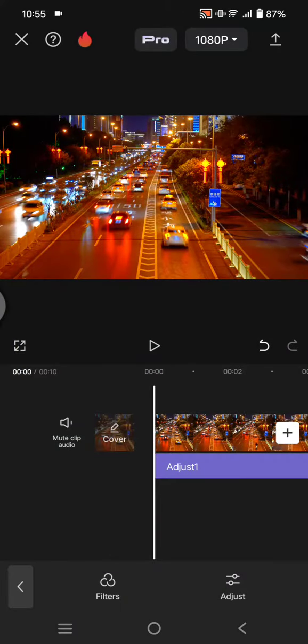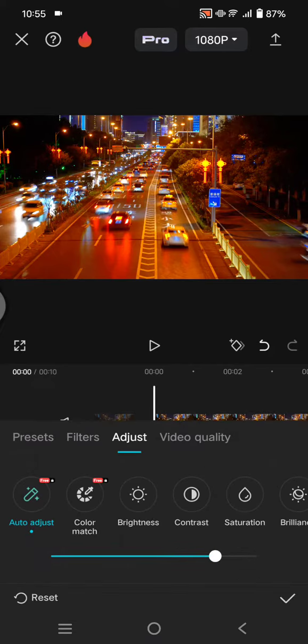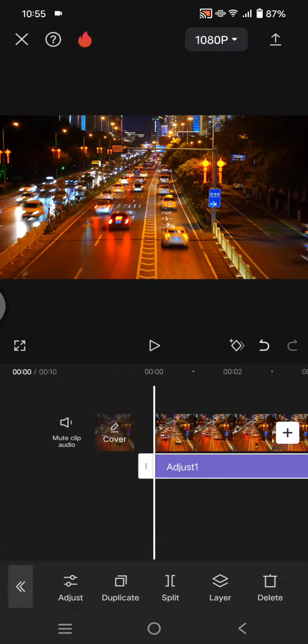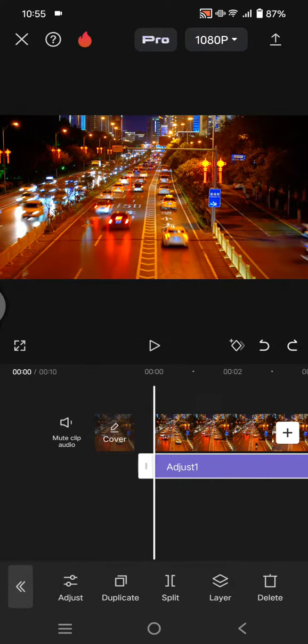So here I'm going to show you how you can remove the auto adjust. So just click on the adjust in here, the auto adjust. Click on adjust at the bottom. You can see the auto adjust is enabled on my edit, and here there are two options that you can do to remove it. You can just click on reset at the bottom, click on confirm, and the auto adjust will be removed. Or the second option, here you can just click on this adjustment and click on delete